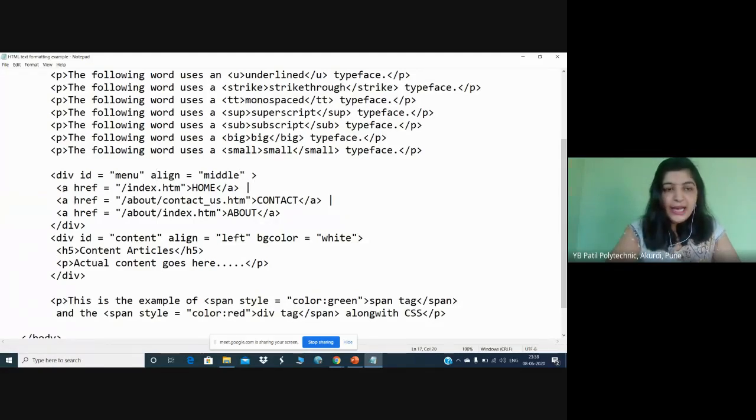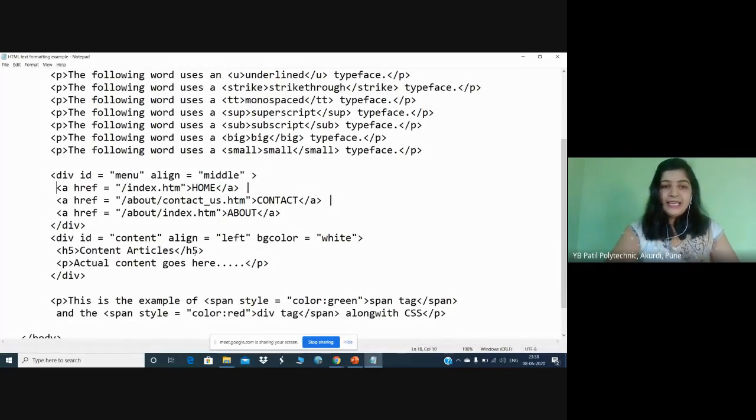So here I have used the anchor tag. Yesterday you saw the use of the anchor tag, so you know the syntax. Anchor tag, href, that is hypertext reference. I have given the reference as index.html. These are different pages which are saved with .html.